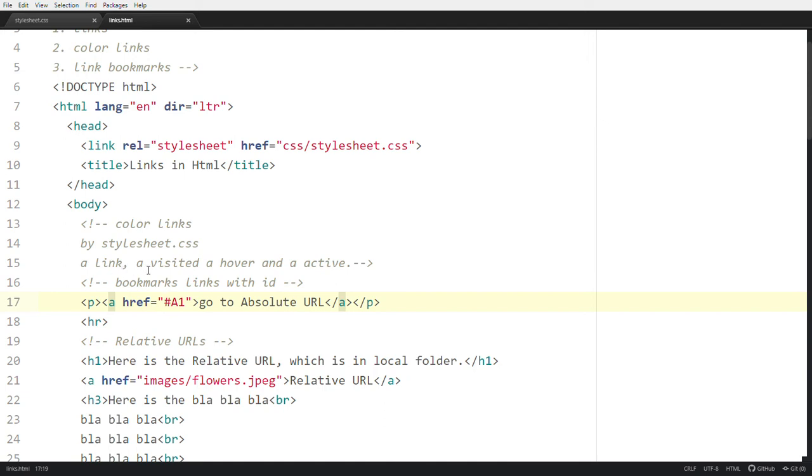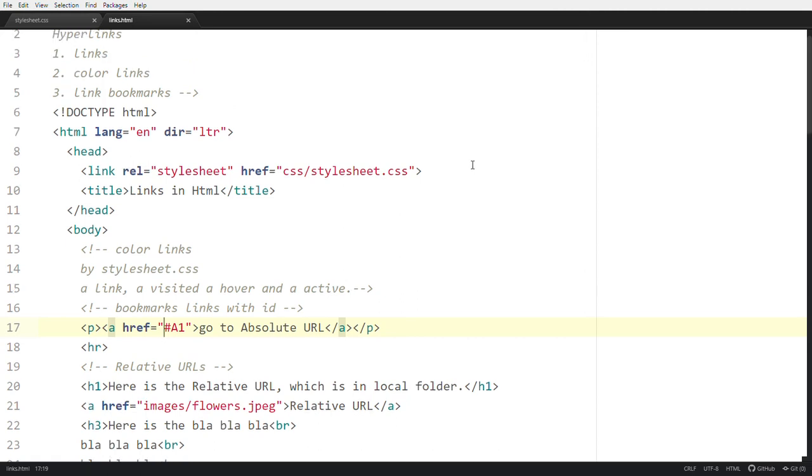Then when visited, it converts to the color you want. When you point at the link, this hover, it shows the color you want. When you click on it, it converts to the active color. This is the color links.